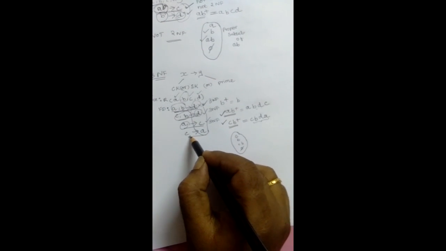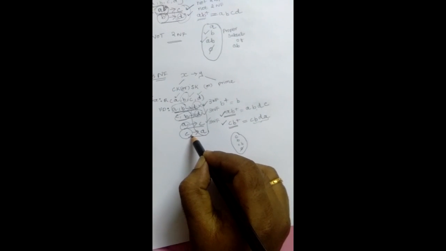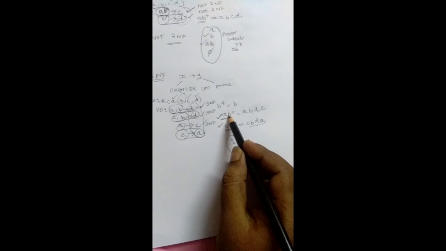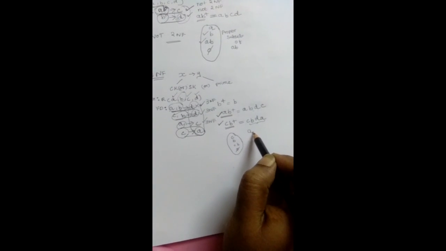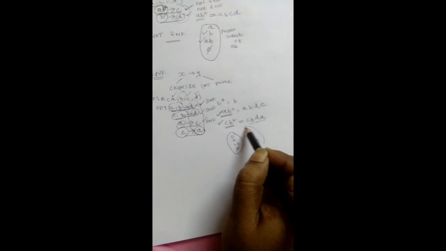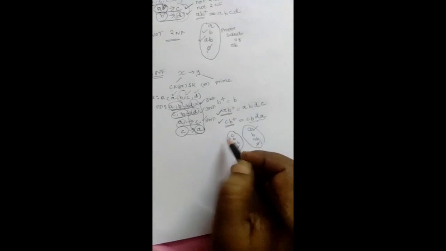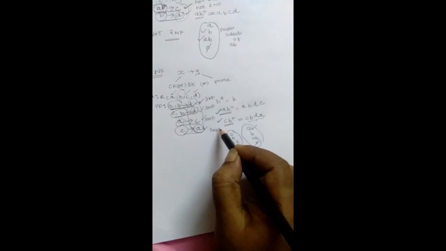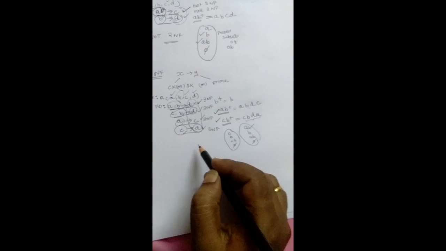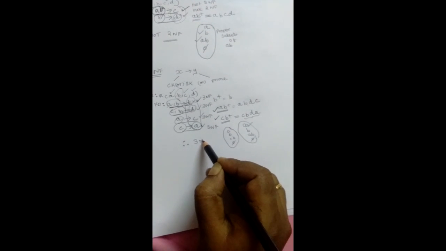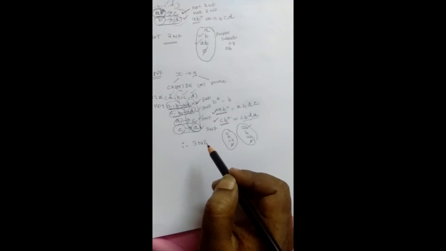When you consider the fourth functional dependency, here also the left hand side part is not a candidate key, but the right hand side part is a prime attribute because A is available. For example, if you take AB closure, the proper subsets are A, B, AB and phi. So, A is available in a proper subset of the candidate key. Therefore, it satisfies third normal form. The above four conditions satisfy third normal form. Therefore, the given functional dependency satisfies third normal form.